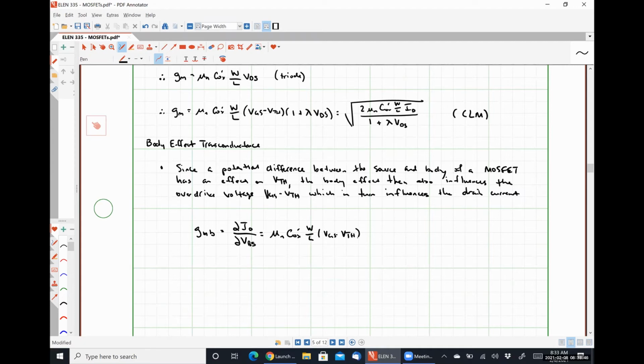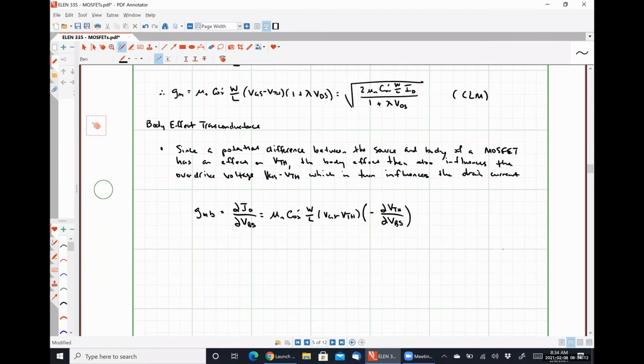So we have mu n Cox W over L times VGS minus VTH times a factor of negative the derivative of the threshold voltage with respect to the body source voltage,